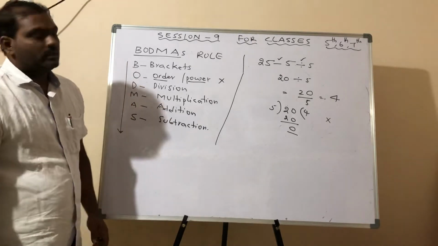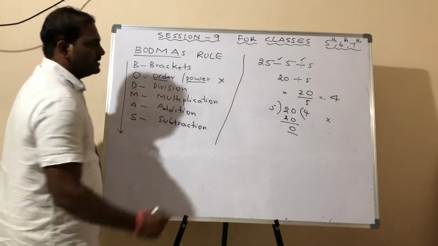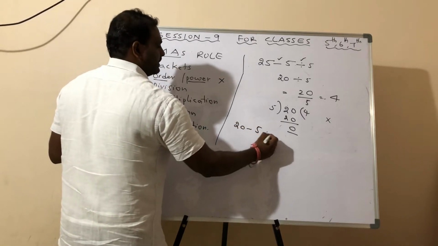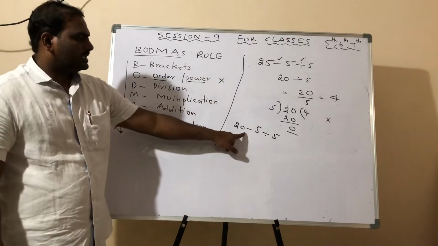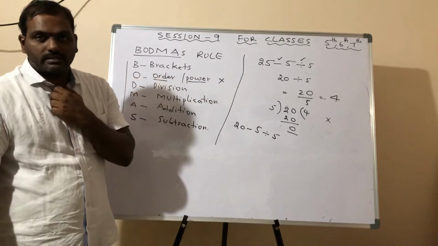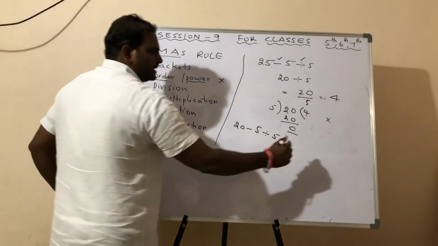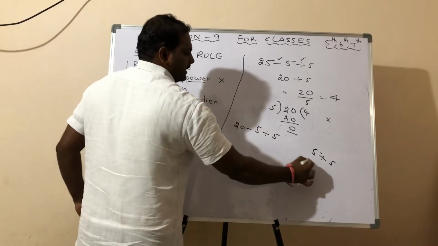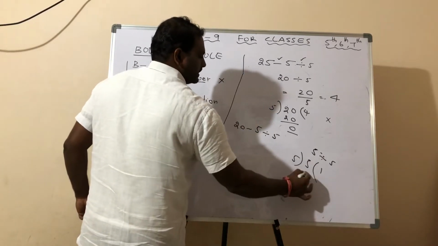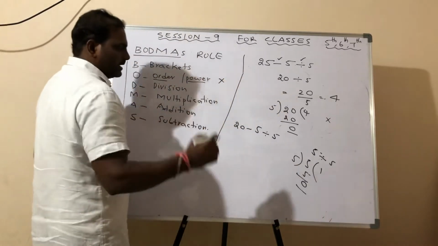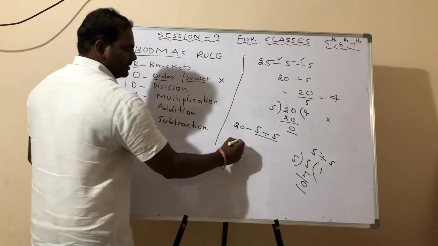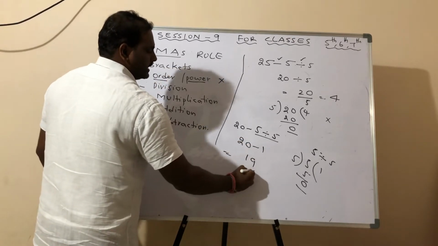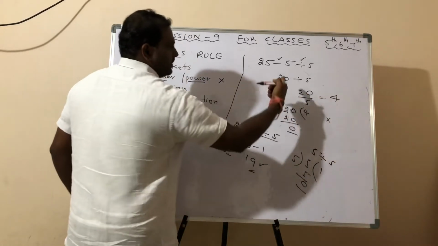So this is the way to do. Now according to this, what is the answer? The question is 25 minus 5 divided by 5. One subtraction, one division. So what do we have to do first? I do the division first. What is the division? 5 divided by 5. You know what is the answer? 5 ones are 5, so the answer is 1. That means first I have to do this. So 25 minus 1... the answer is 19 is the correct answer, not 4.